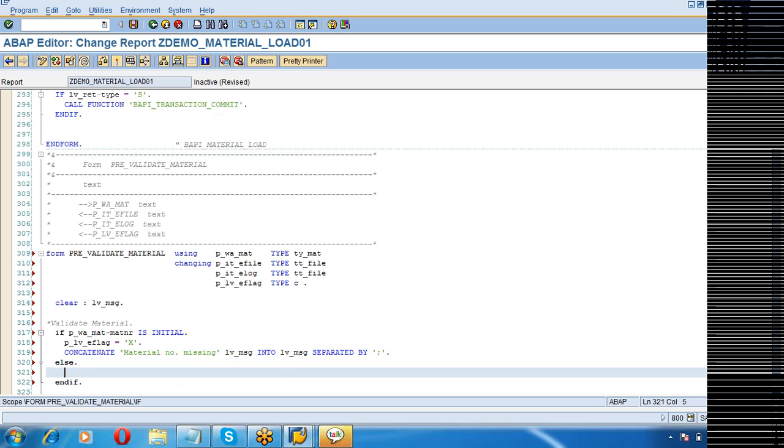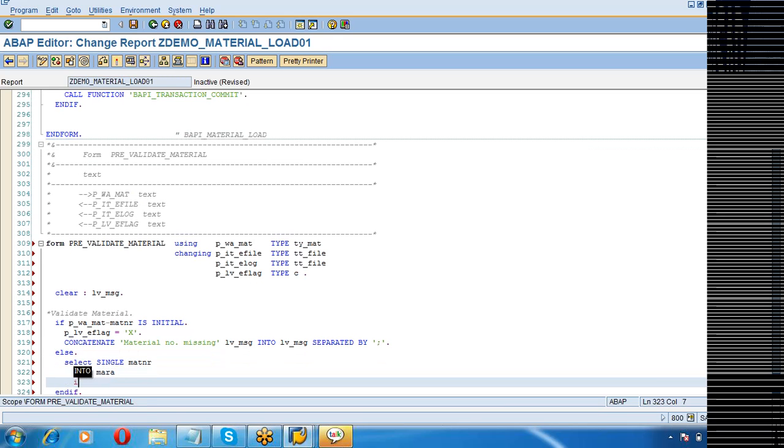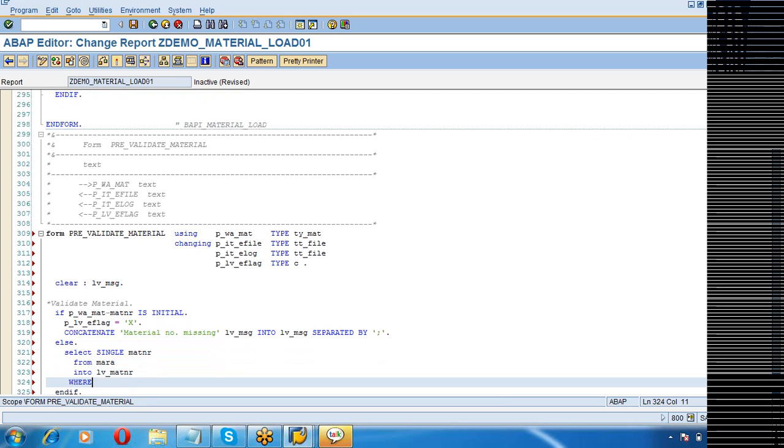Else, if the material number is present, then I have to check whether the material is already existing or not. So select single partner from MARA into LB_partner, where MATNR is equal to E_W_mat-MATNR.